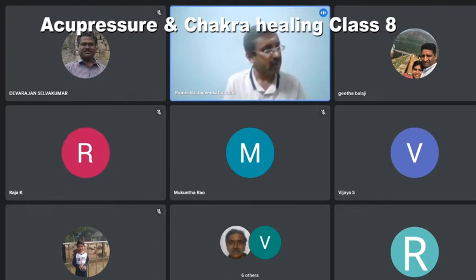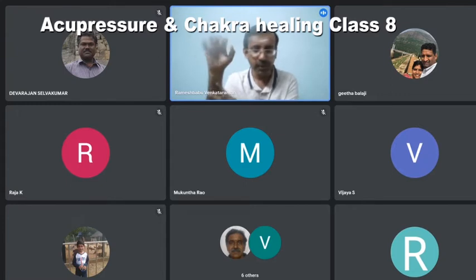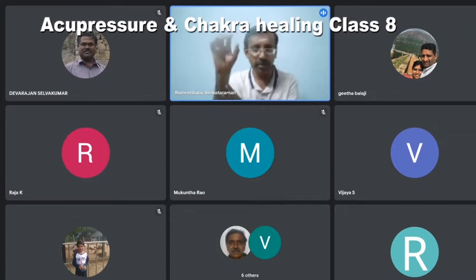Now let's go to the normal points. GB34 is very important. If you have muscle problems, muscle weakness, or if you have tendon problems, see, what is tendon? Tendon is these nerves, right? Some people cannot pick certain things because their tendons are having issues. So if you have a problem in the muscle or tendon, GB34 is a